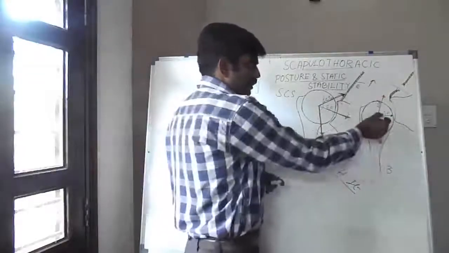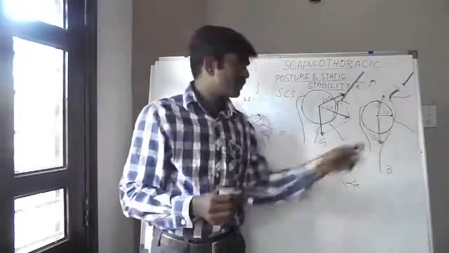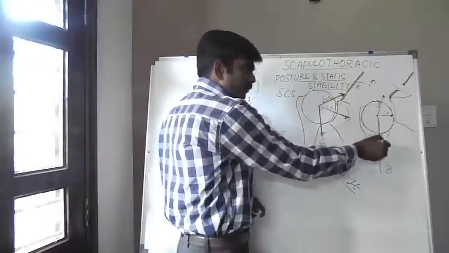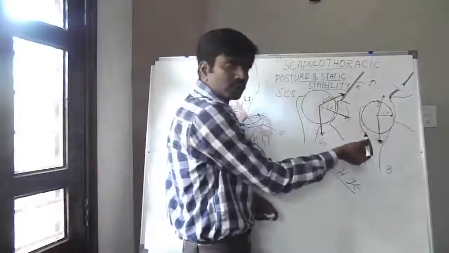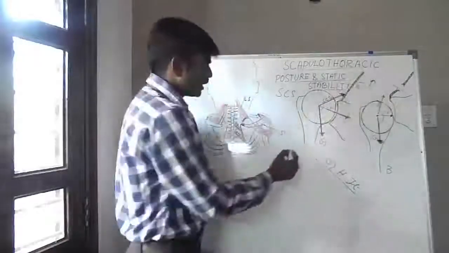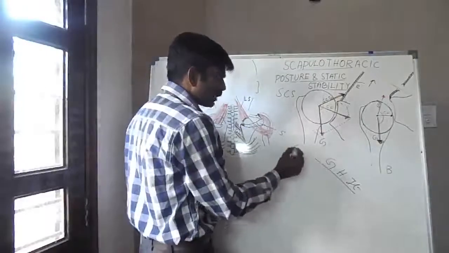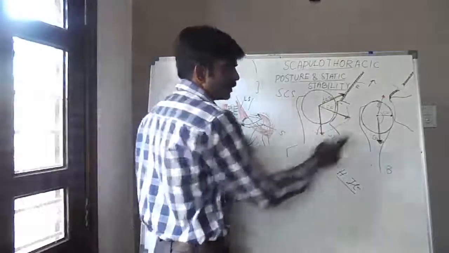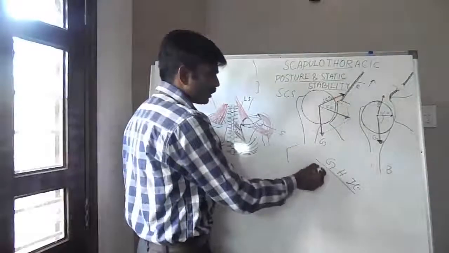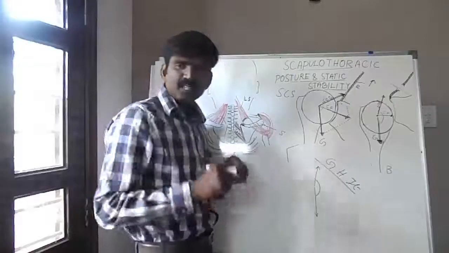Clear? And gravity is acting. There is no opposition. Clear? Previously there was opposition. Now there is no opposition to gravity. So it will pull the humerus down, and now the angle is increased, whereas previously the angle was less. See, this is the force which is acting in the upward direction. So now the angle is increased. If this angle is increased, what will happen?